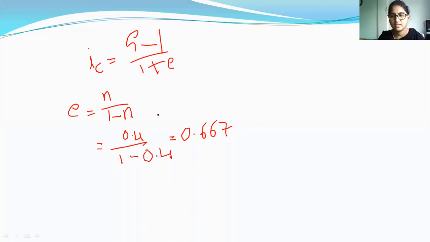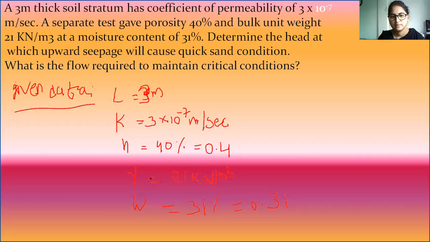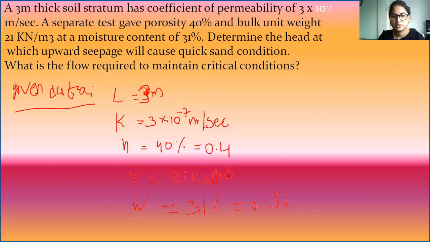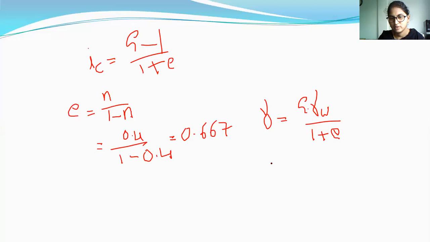Now, how to calculate G value? We have a formula and the required data is given. Here, gamma value is given. Bulk density gamma is equal to G gamma w by 1 plus e. Already you know this formula. By using this formula, we can calculate G value. The bulk unit weight gamma value is already given, that is equal to 21. So gamma is equal to G gamma w by 1 plus e, therefore G is equal to